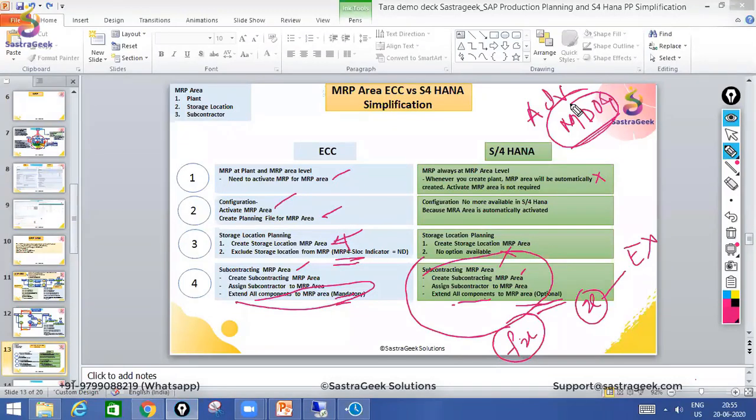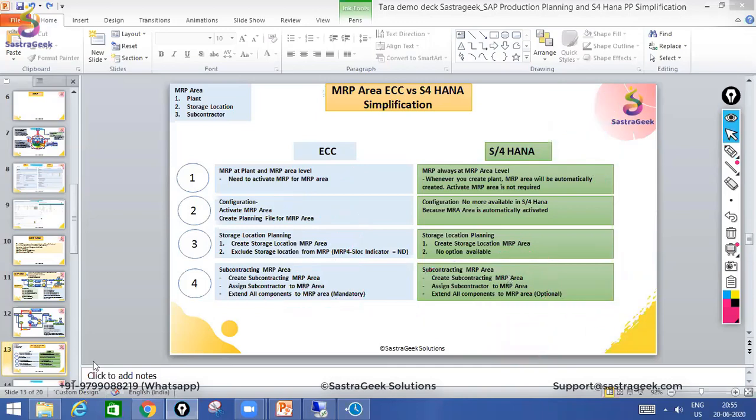Within ECC we have MD04, and in SAP S/4HANA we have beautiful applications, like the material shortage report and these kinds of things for MD04. I guess we discussed that in our last session. Thank you. So these are the simplification points in SAP S/4HANA. At any point during your interviews, you might get asked what the advanced features available in MRP Live or in MRP area are. So these are the main bullet points that you need to remember.